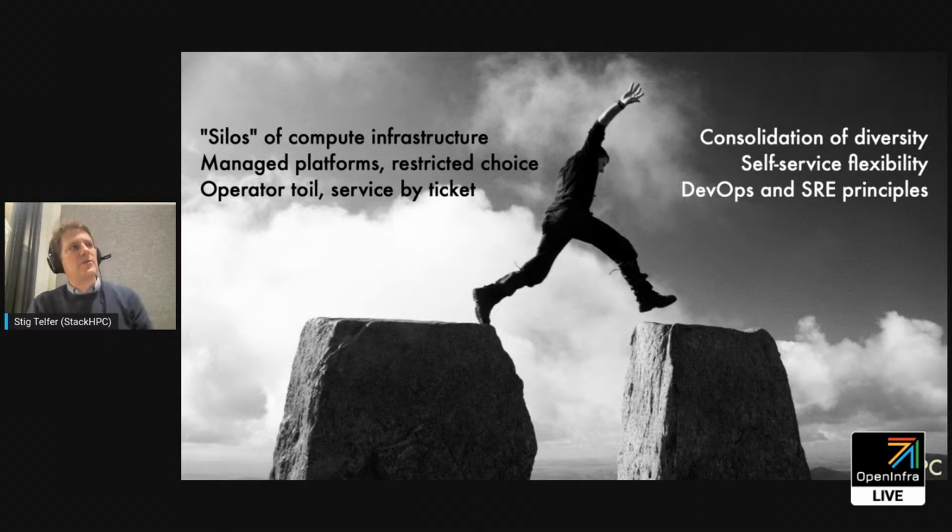And we can see how cloud and OpenStack and open infrastructure can really play a transformative role in solving these problems for academia. We can bring about this consolidation of many diverse compute platforms onto a common substrate of private cloud, using automation and other intelligence brought in from cloud native techniques to bring about a self-service environment where research computing doesn't have to be based on the flow of tickets coming through to a service desk, or getting these admins to do the bidding, because that really leaves people spread thin.